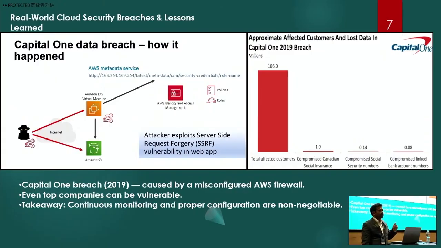So people are saying it's not the fault of AWS, right? It's not the fault of the person who is working at AWS. He got hacked with the data, and look at how much it affected the customers. If you see, 106 million customers got affected, and you have something compromised on SSN numbers, compromised on Canadian insurances, compromised on bank account numbers. Everything got wiped out in just a matter of time. I just listed the reason. It is all because you misconfigured your AWS firewall.